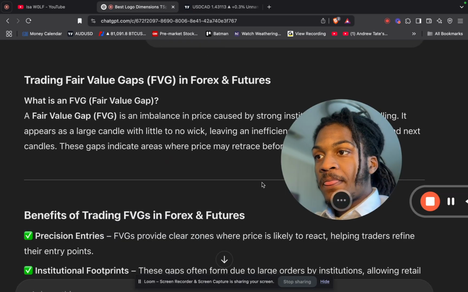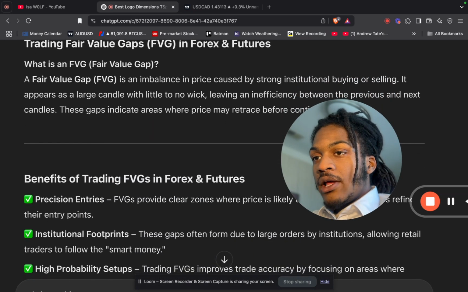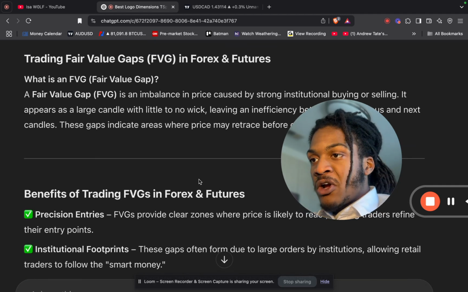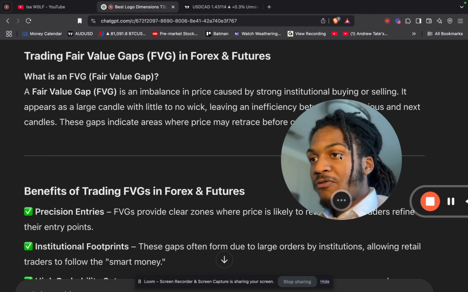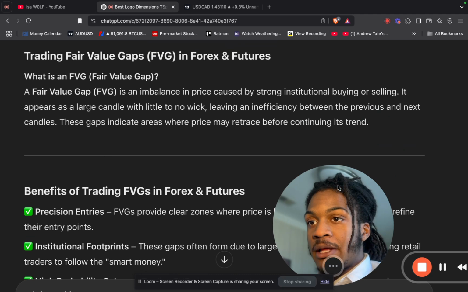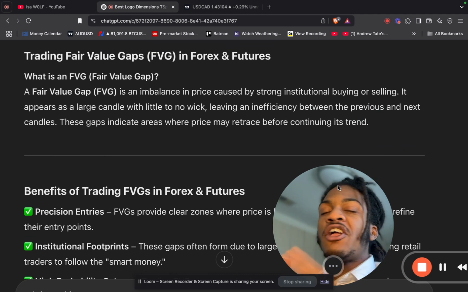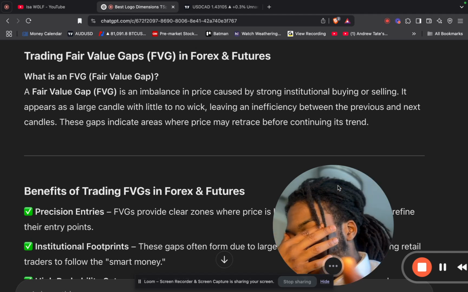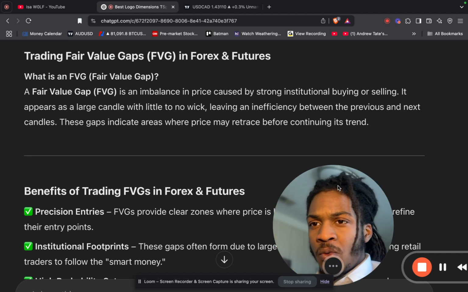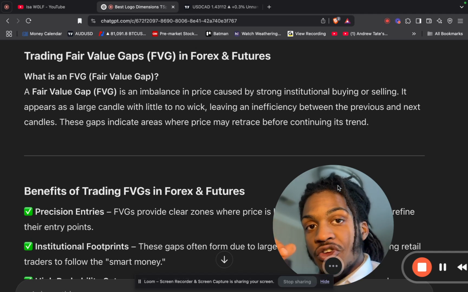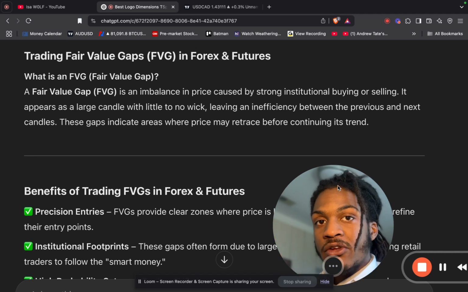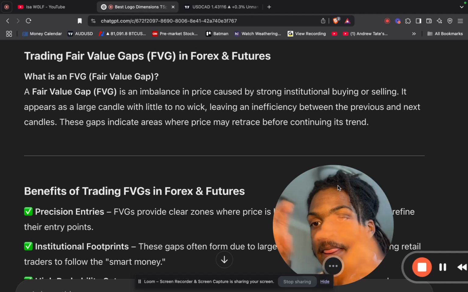All right. So what is an FVG? A fair value gap is an imbalance in price caused by institutions, specifically hedge funds and banks. Same thing applies to futures. They're the ones that have enough capital to have enough of a cluster of orders in the actual market to create